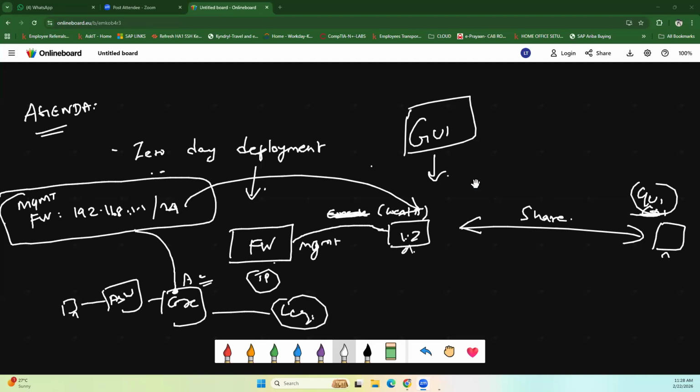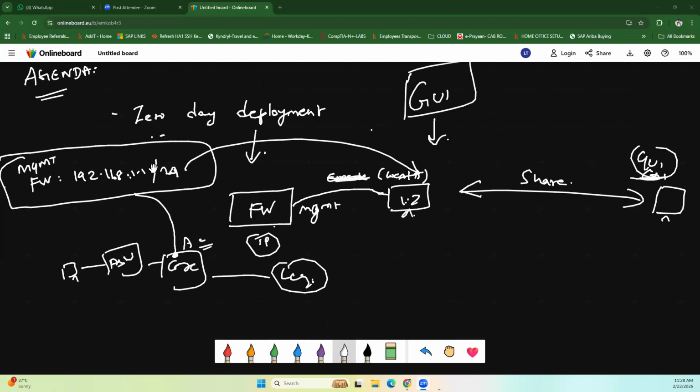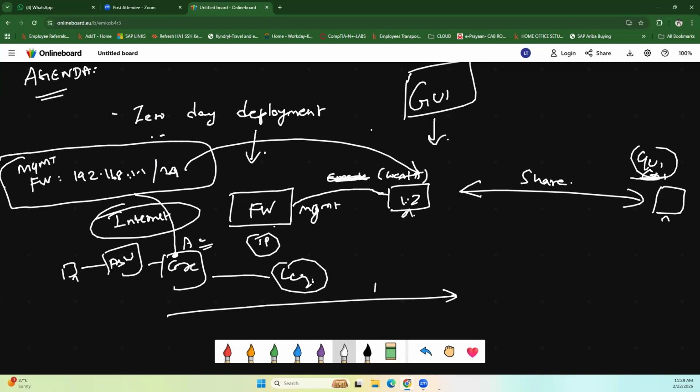Yeah. As I mentioned, the best practice is to configure a management IP address on the management interface of the firewall, in the management VLAN, and connect them to the core. This is the best practice. The reason is you need internet access. As I mentioned yesterday, there was some question asked to me. You need internet access to the firewall for you to download